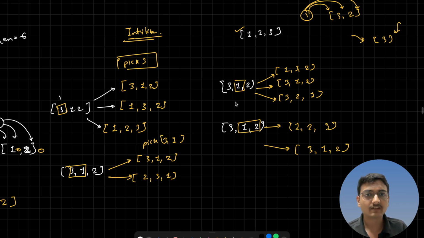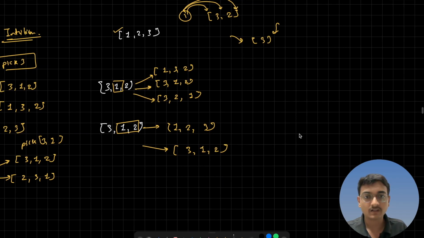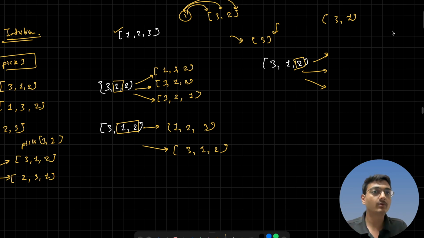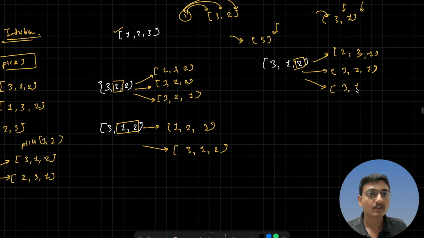Now another thing I can have is to take only these two and put them in the beginning. Let's do that. Not a problem. So we have 3 comma 1 comma 2. What I can do is keep these two, and the remaining array will be 3 comma 1. I can put 2 in the beginning, in the middle, or in the last. Let me do that quickly: 2 comma 3 comma 1, 3 comma 2 comma 1, and 3 comma 1 comma 2. Super. We have explored almost all combinations